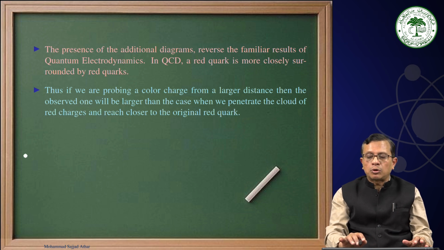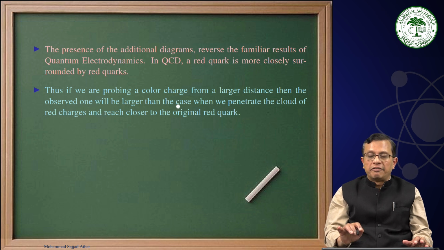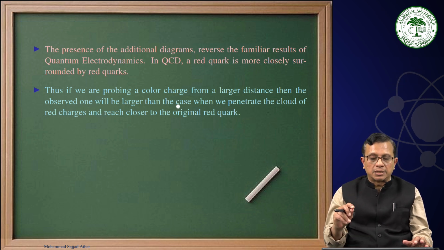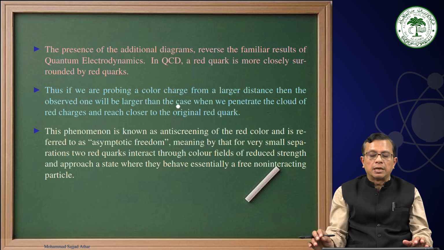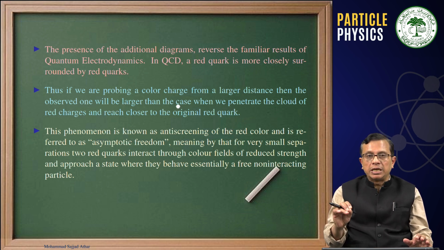In QCD, a red quark is more closely surrounded by red quarks. Thus, if we are probing a color charge from a larger distance, then the observed one will be larger than the case when we penetrate the cloud of red charges and reach closer to the original red quark. This phenomenon is known as anti-screening of the red color and is referred to as asymptotic freedom, meaning that for very small separations, two red quarks interact through color fields of reduced strength and approach a state where they behave essentially as free,